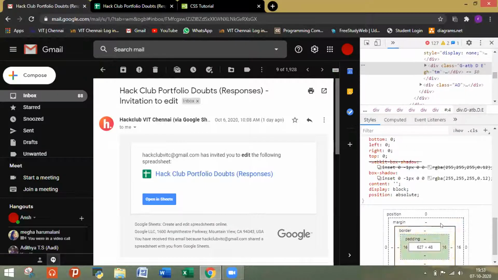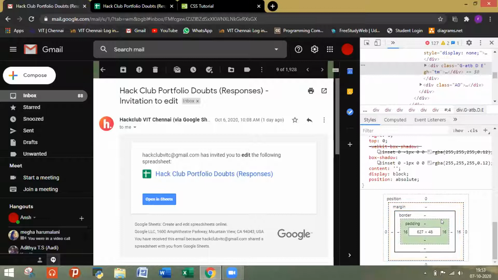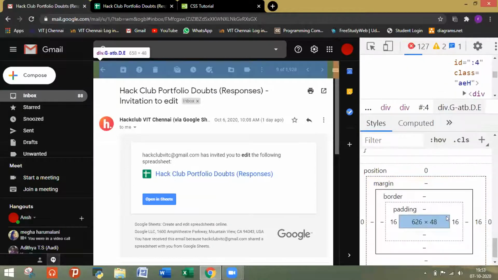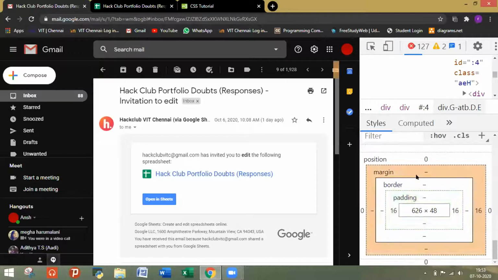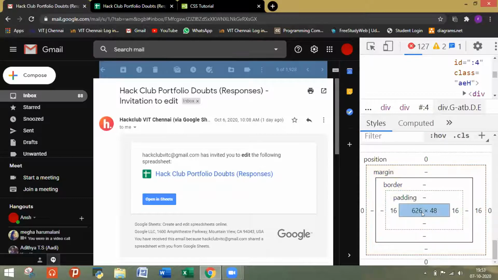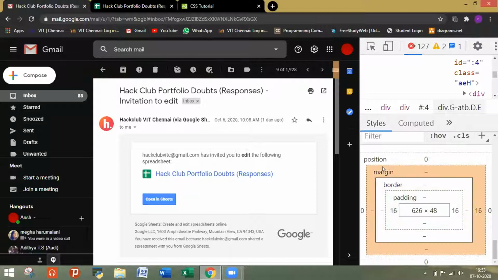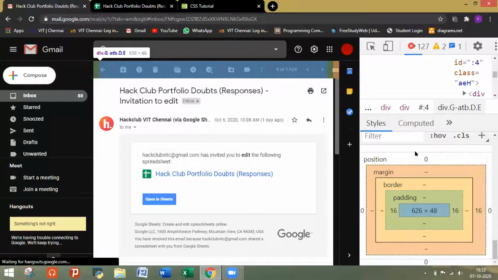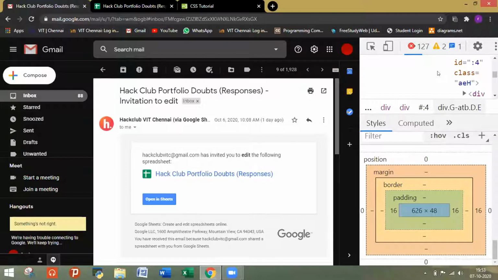Yeah, so basically this is your box model. The center part has your content, in which the size is written currently. That renders your content, whichever is written in that element. Then comes your padding. I hope it's visible clearly now. As he told, this one is our content. This is the padding, border, margin, and then the outer space. If you have given position absolute and you're absolutely placing your element on the page, then that will display the numerical value of your position in pixels.